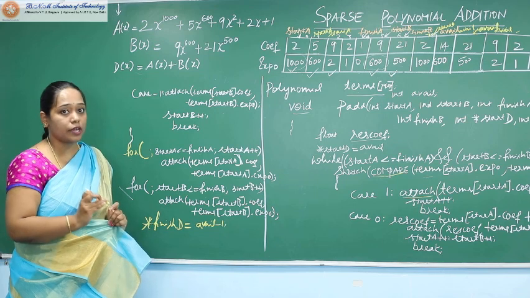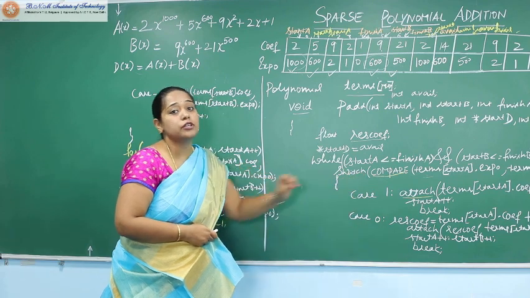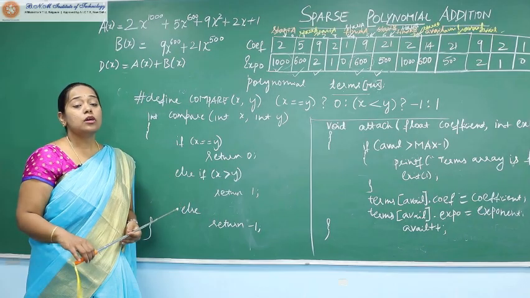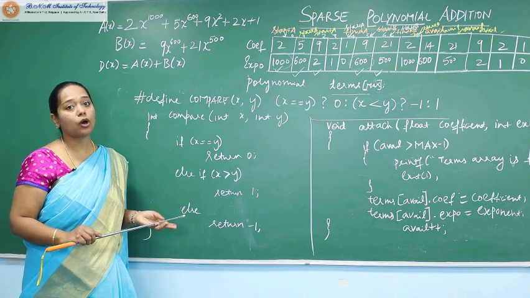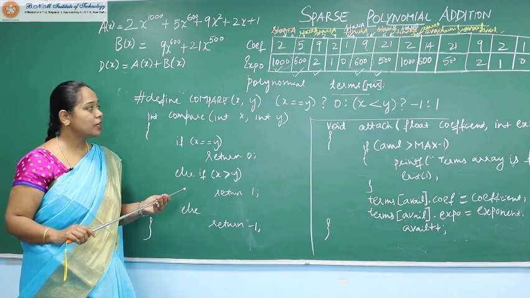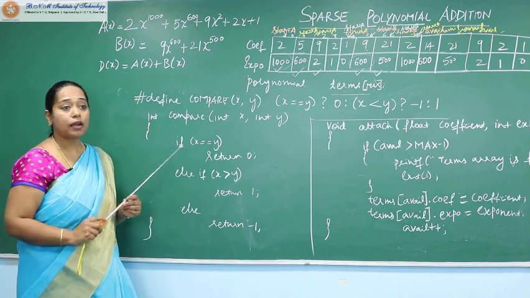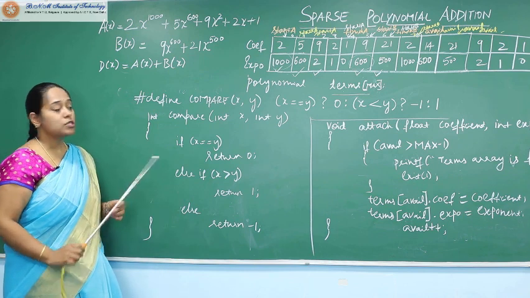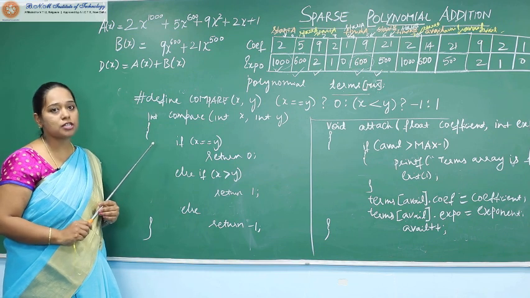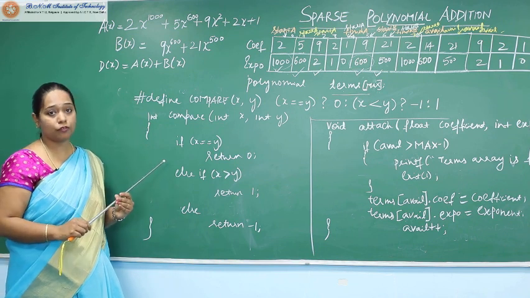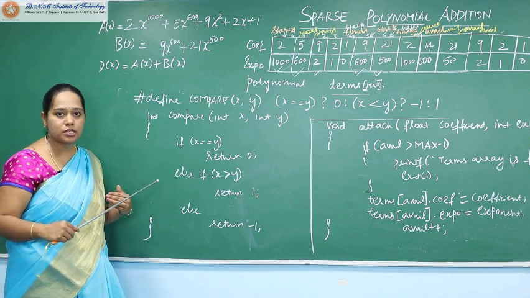But to complete the definition of this function p-add, we need the definition of compare and also the definition of attach. Herein we have two possibilities. Compare could either be a macro, which I have defined here, or compare could be a function. If it's a function, we need the data types of the parameters, and there is a growth in the stack area of the main memory. The activation record of compare gets built during the call, and during the return it's popped out.